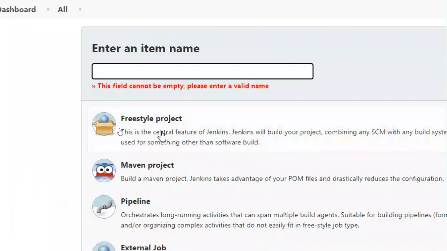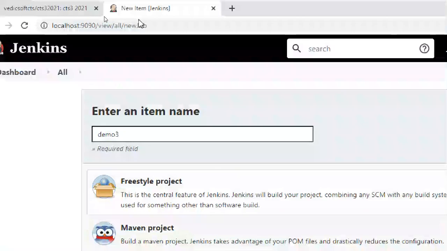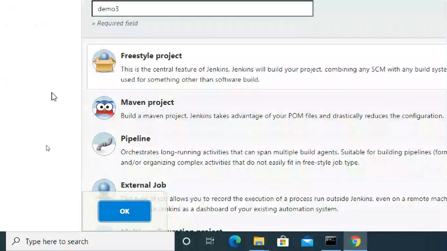And here you can see freestyle project. So I'm creating a freestyle project, and the demo 3 program project name is demo 3. Okay, just click once only. Yesterday I clicked twice, then it showed an error. But nothing had happened, so we get confused when it shows an error.